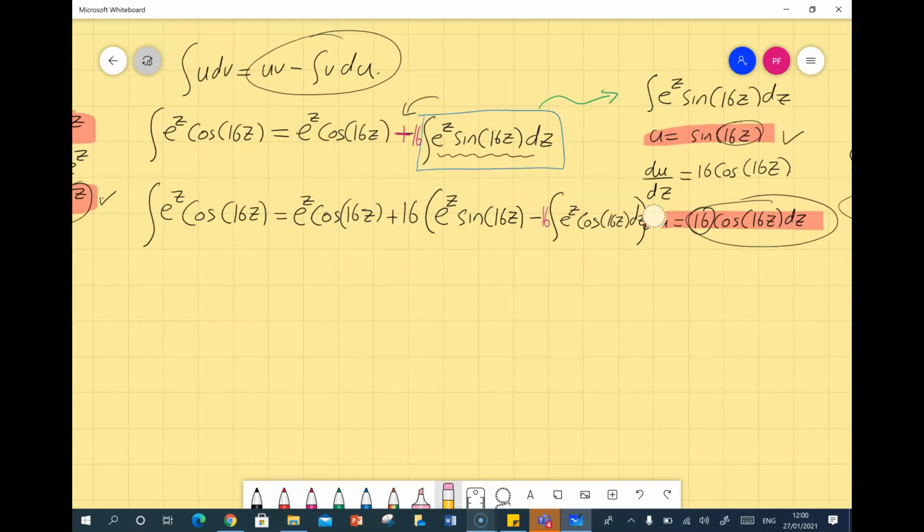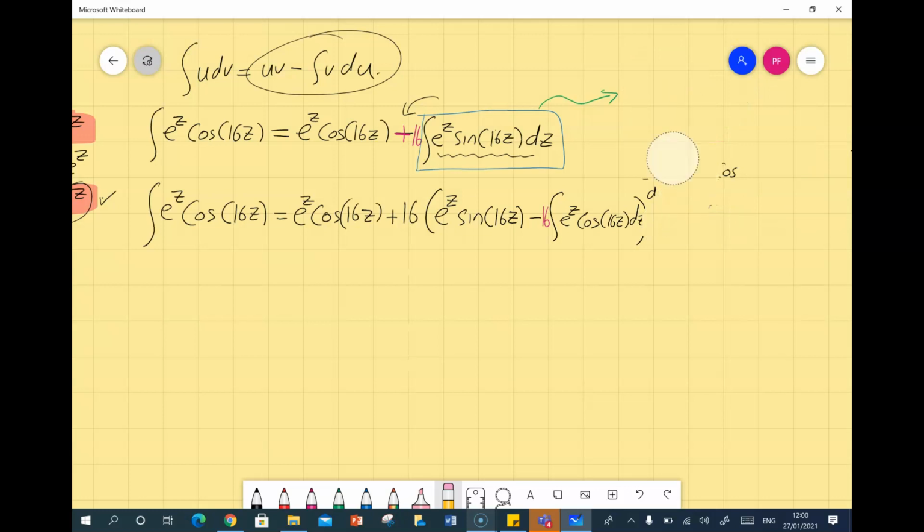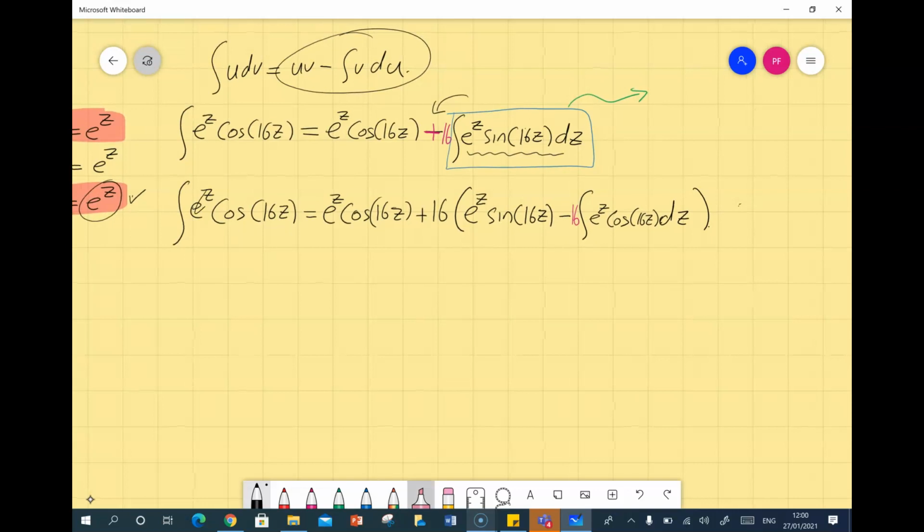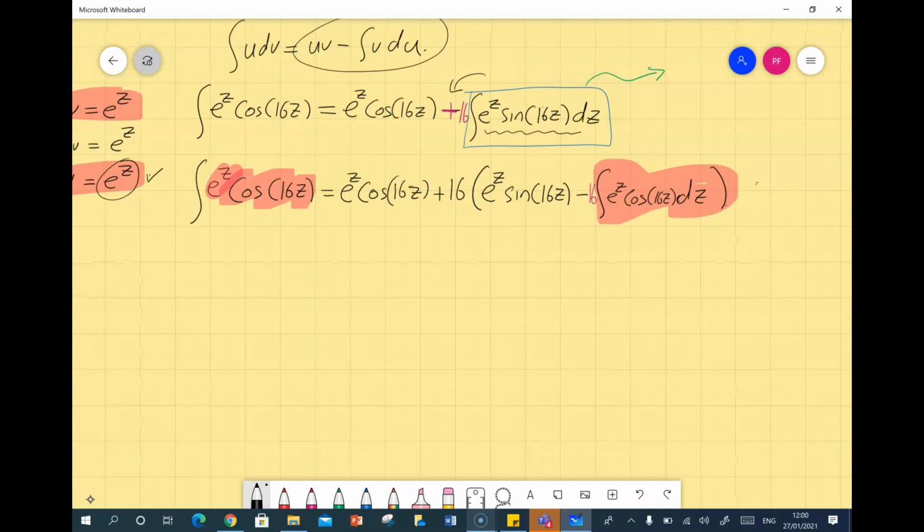I'm just going to get rid of some of my writing here at the side because it's just making things a little messy to look at. Okay, I'll notice here that I have e to the power of z cosine 16z, and I also have that same integral here. So I think you'll know the trick we're going to try and pull now in a second. So first thing I'm going to do is get rid of my brackets. So I'm going to multiply my 16 in here. So I've got the integral of e to the power of z cos 16z